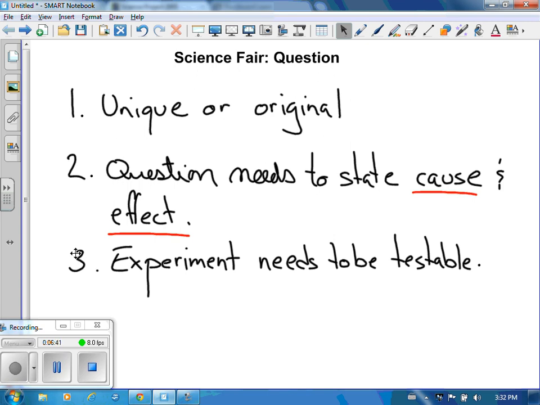This is one of the fundamental components of the scientific method and science as a whole. The experiment needs to be testable and you need to be able to retest it.